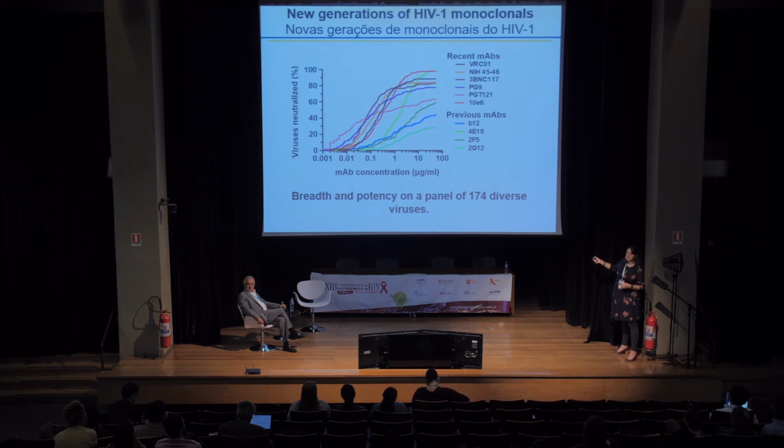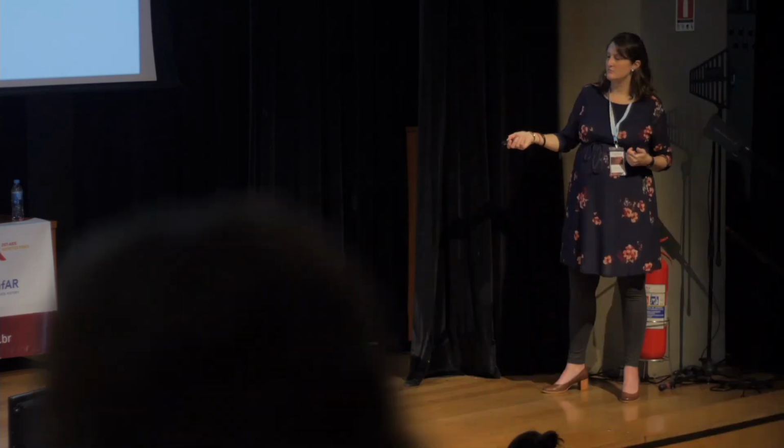It's not as potent. So as you use less and less of this antibody, it can't neutralize as many viruses. But then you look at an antibody like PGT121. At the highest concentration, it doesn't neutralize the most viruses, but it's very potent. And so as you use less and less of the antibody, you still maintain the ability to neutralize a lot of viruses. That's an important distinction that might be relevant when you're thinking about using broadly neutralizing antibodies